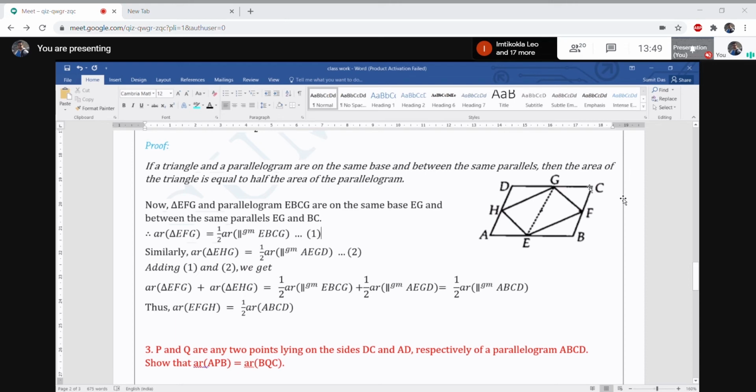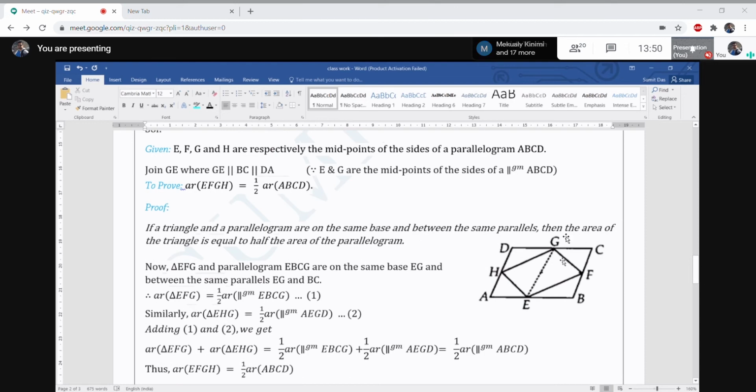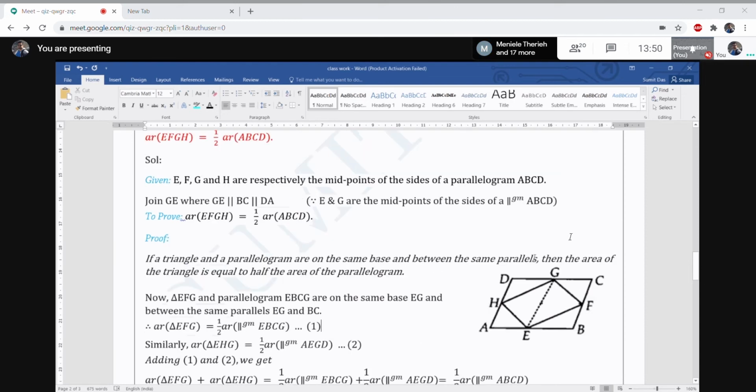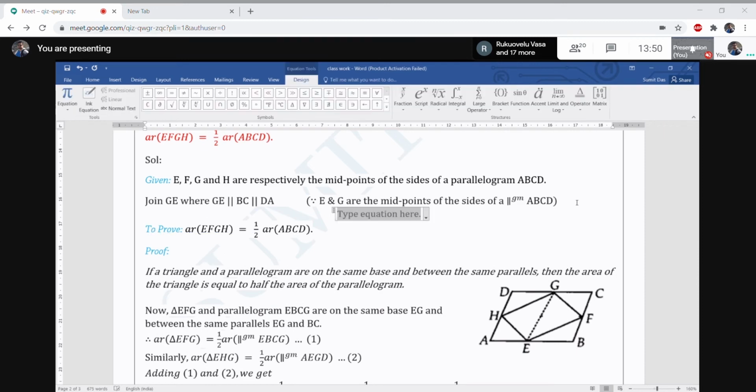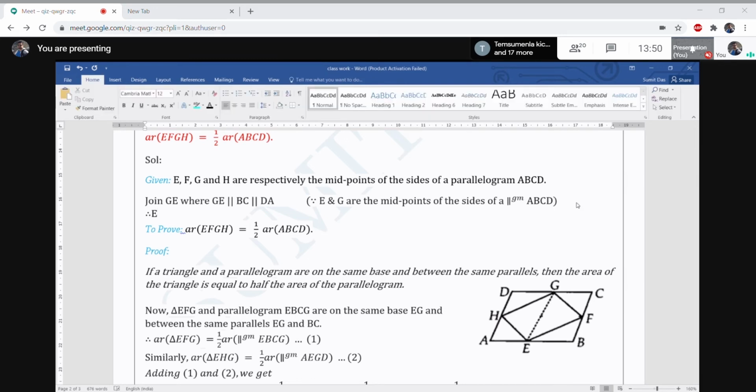GE is already parallel to CB from the given part, and obviously GC is parallel to EB. You don't have to write that, you can just mention this one here in the given part. You can just mention, therefore, EBCG